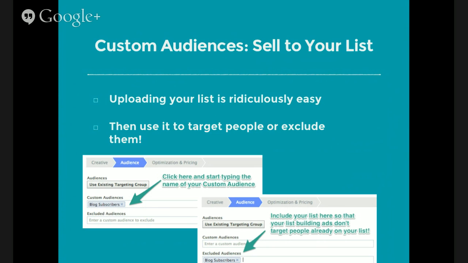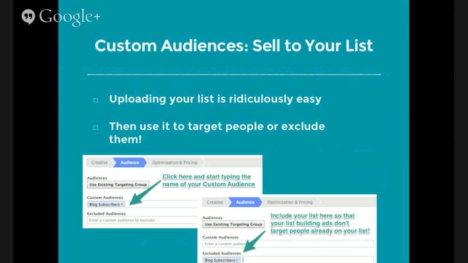The other great thing is that you can exclude audiences. The other thing that we did in that specific campaign is that I exported a list of the people who had already bought my client's product. I created a custom audience inside the Power Editor, and then I excluded them from those ads to make sure that nobody who had already purchased was going to be bothered with more Facebook ads about purchasing this product. It's very simple, but that is how you sell to your list. And again, I recommend doing it towards the end of a launch.